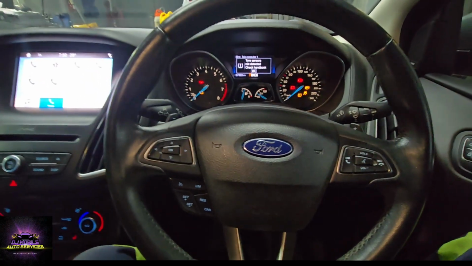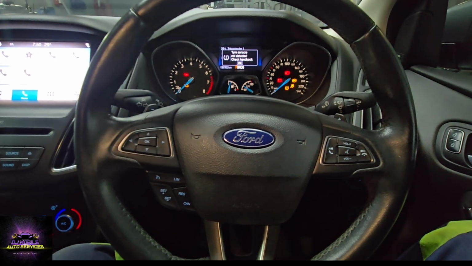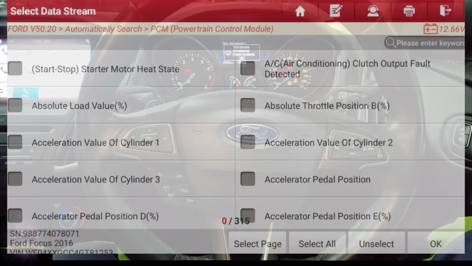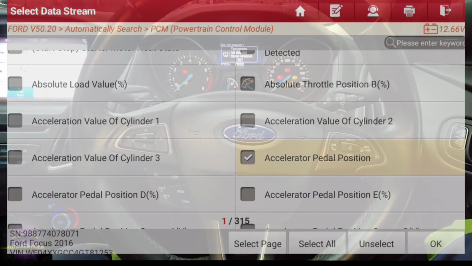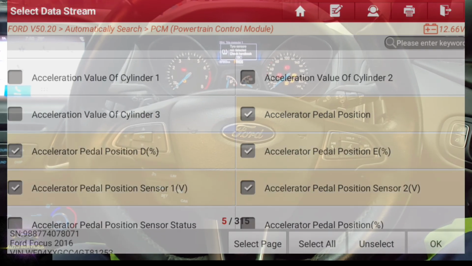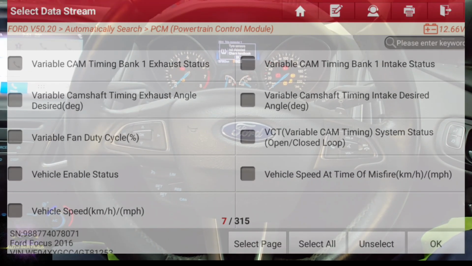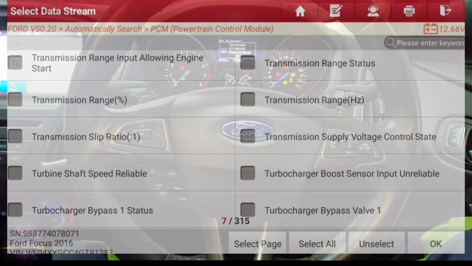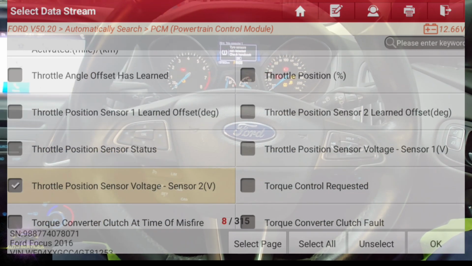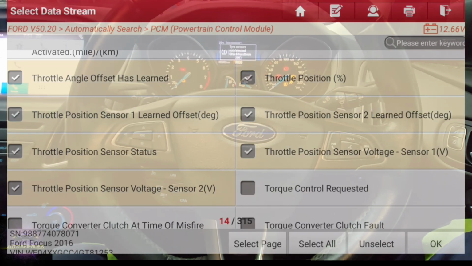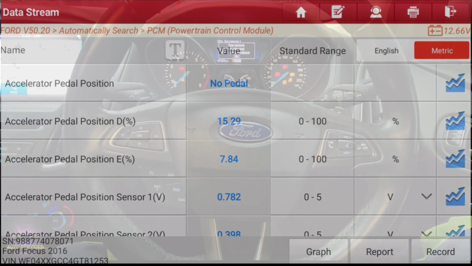Kind of moving a little slow. So let's take a look at the percentage on our throttle and see if we can see anything. If I step on APP, where are you? Accelerator pedal position value, right? So looking at my pedal position. And let's look at our throttle. I'm going to go straight to my throttle. Where are you? Okay, throttle position learn, throttle offset. Okay, I don't have a misfire. Right, so press OK,